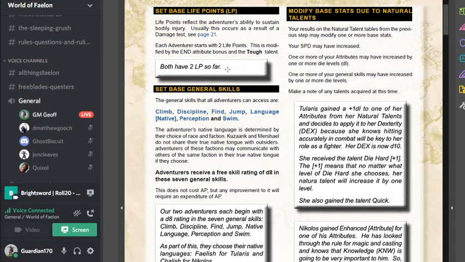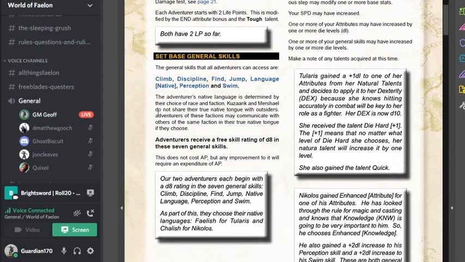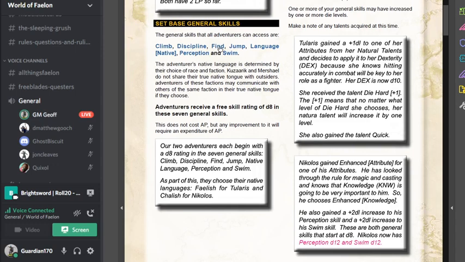Your base life points, everybody starts with 2 life points. And then your base skills. So everybody has a general ability in all skills. So you're going to get a D8 in all of these skills. It's going to be great. And those are, you can see them here, climb, discipline, find, jump. Your language, go back to your race, and that'll determine what language you're in. Perception, and swim. For the Tomb of Ashar campaign, I recommend people take at least a D6 in Faelish, so